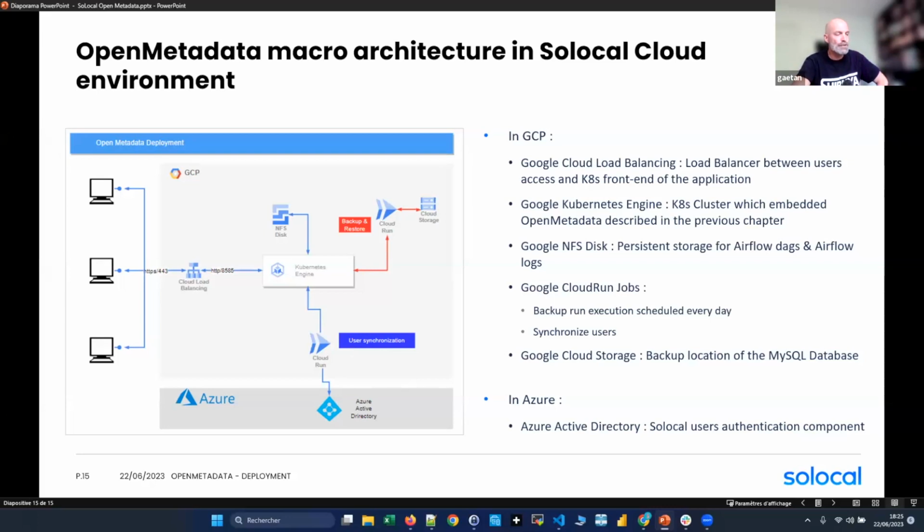The user synchronization is the task that retrieves information from our LDAP directory and synchronizes it with the OpenMetadata database. To do it, we use the OpenMetadata Python library, and it works very well. So as results, we have